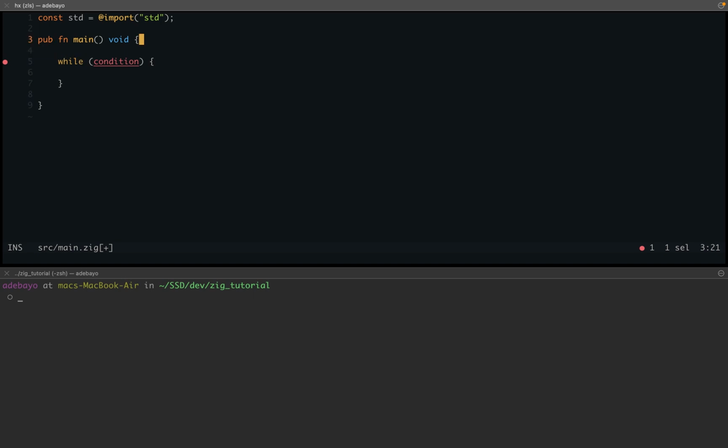So we're gonna create some condition here so that we can have something to play with, and this is going to be a number, and this number is going to be an i32, and I'm gonna put that as 0 for now. So I could now do something like, while number is less than 10,